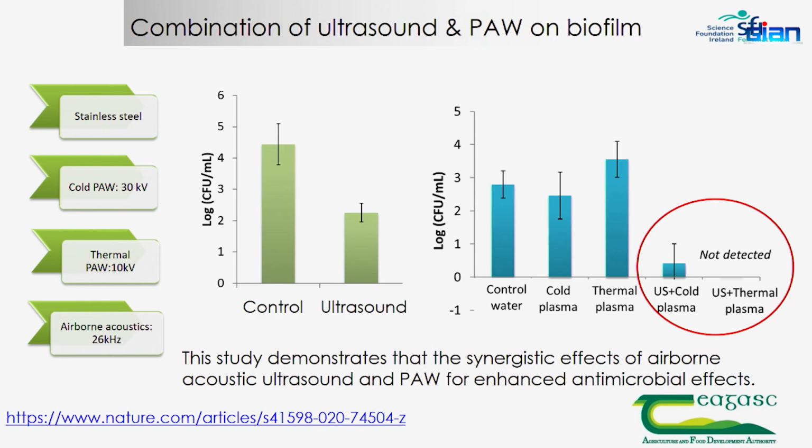Now, where was this particular airborne acoustic and plasma system used? Suppose this is the surface for biofilm, stainless steel, plasma water alone, thermal plasma, activated water, that means 2 different types of plasma water, and airborne acoustics, that is the same system. Control and ultrasonic were able to dislodge not that much. Water plasma, thermal plasma, different mechanism, different gas chemistry, when they are both combined with ultrasonics, complete removal of biofilm. So airborne acoustic is opening up the structure and